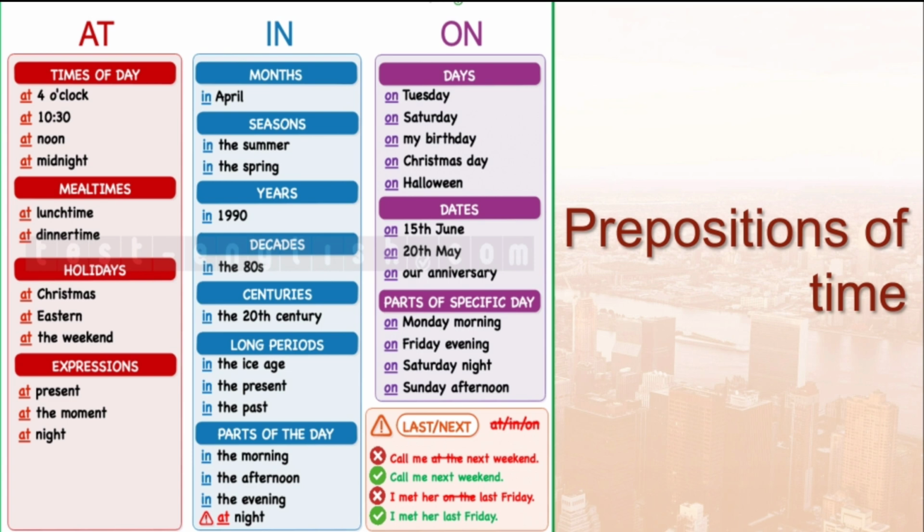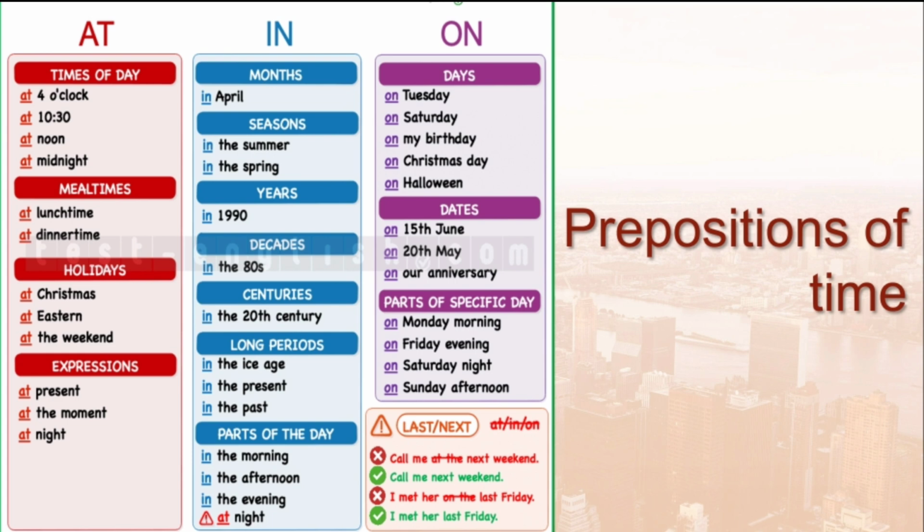morning, afternoon, evening and night are parts of the day which are longer in duration. That is 3 hours, 4 hours, 5 hours or even longer. So for all these parts of the day, we use the preposition in, but night is the only exception where we do not use the preposition in, but we use the preposition at. So this is how we use the prepositions at and in.